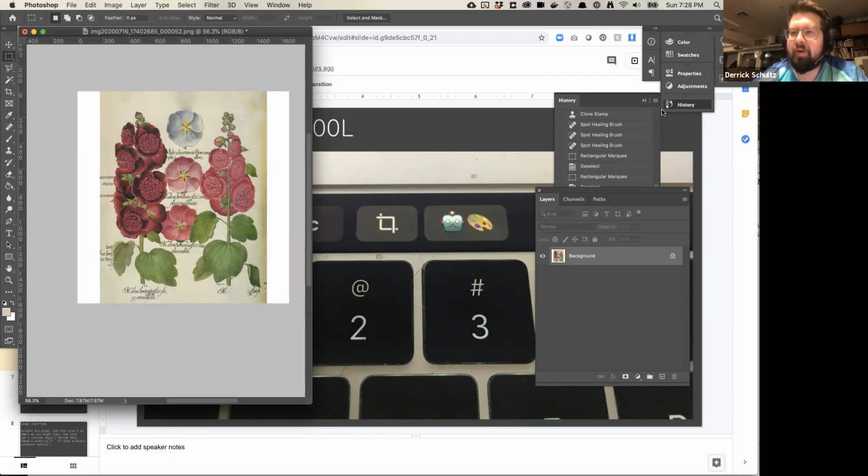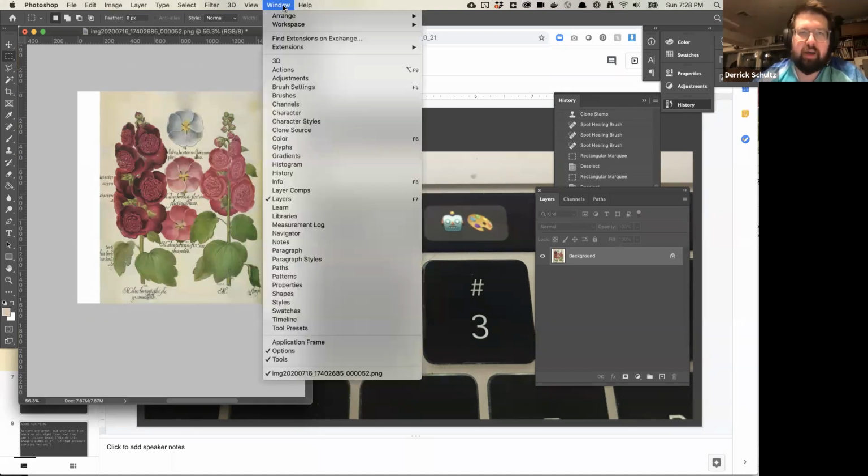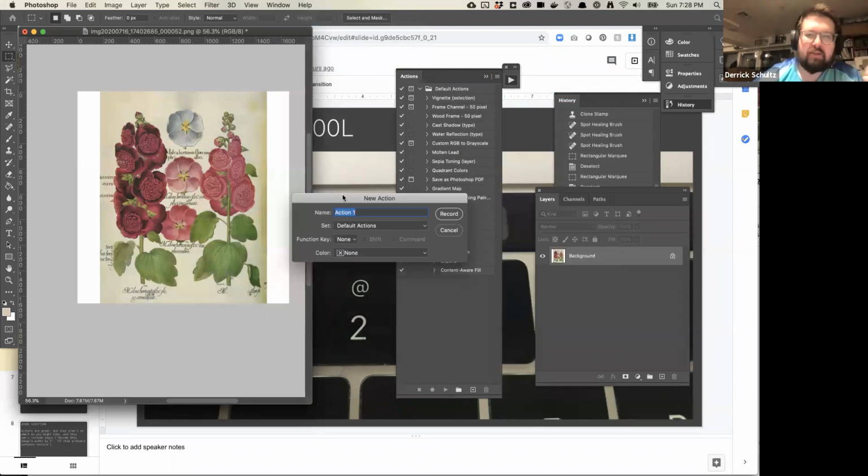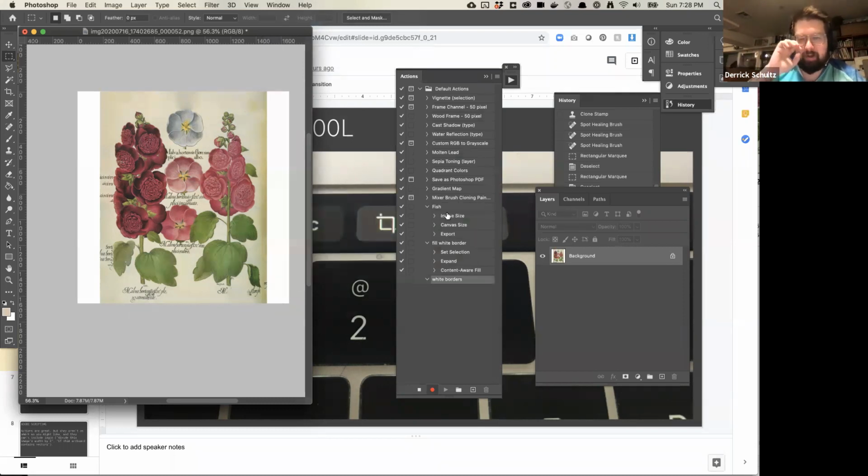If you've never done actions before, I can quickly show you how they work. Basically you're recording your own steps, and once you record the steps that you follow, you can apply them to another image. So in this case, we can just go new action. Let's call it white borders. And we hit record. Now it's going to record any step I take. The first thing I want to do is use my magic wand and select anything white. I'm going to turn off contiguous. Contiguous says only within one region do I want it. If you turn it off, it's going to find all white edges.